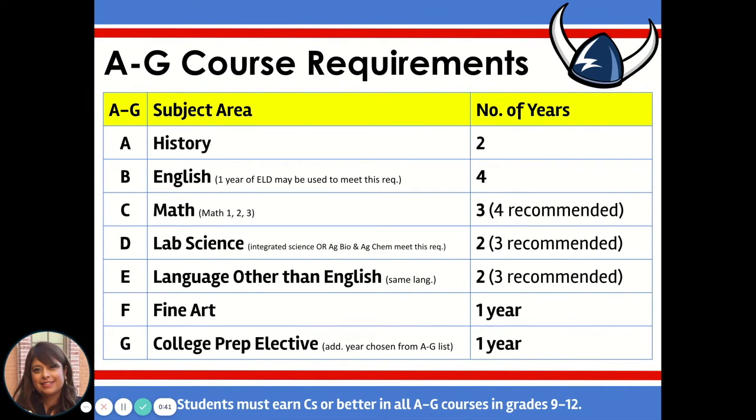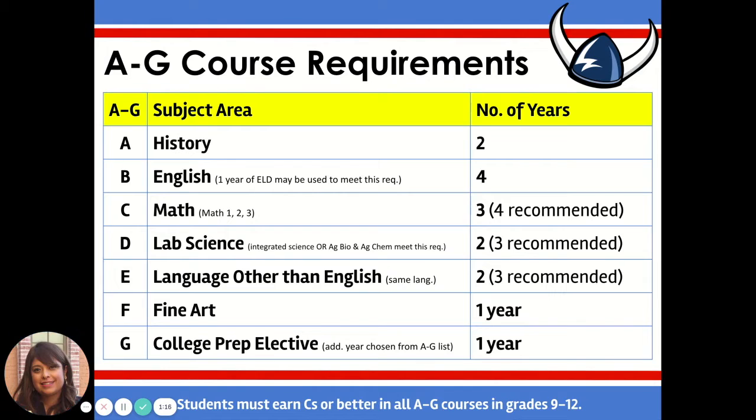At North Salinas High School, students take integrated math. Therefore, students must complete at minimum Math 1, Math 2, and Math 3 to meet the math requirement. For Science, students must complete 2 years, and this requirement could be met in different ways. For example, the majority of students at North High will meet this requirement by taking NGS 1 and NGS 2, while other students in the Ag Academy will meet the requirement by taking Ag Biology and Ag Chemistry, and either